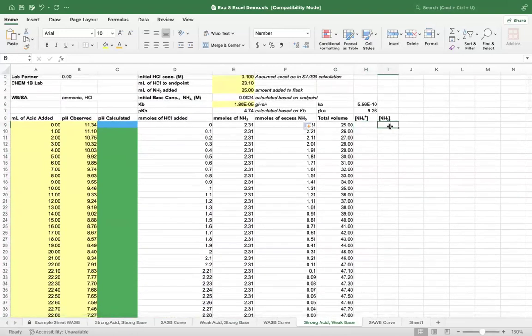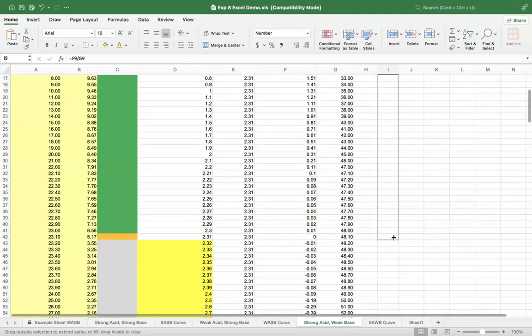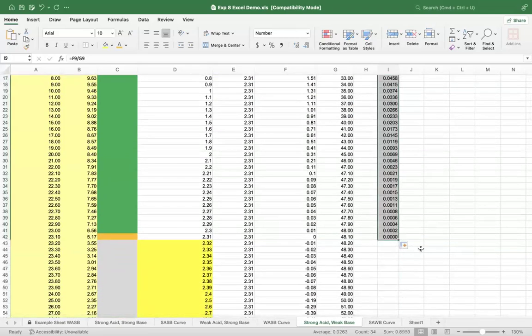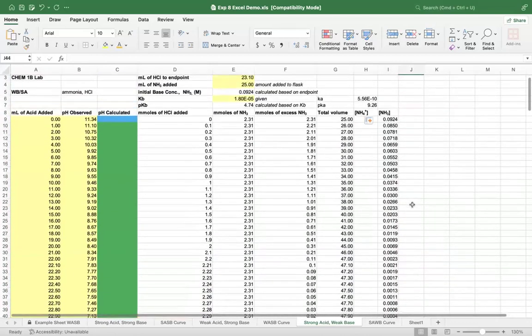NH3. Now, NH3 is present at this point, so we can do this one. We'll just say equals. It's literally the excess moles of NH3 divided by the total volume. And we can drag this down. At some point, it will make sense. Probably right there, it stops making sense. And NH4, we can also drag down to that same point. And it should also not make sense